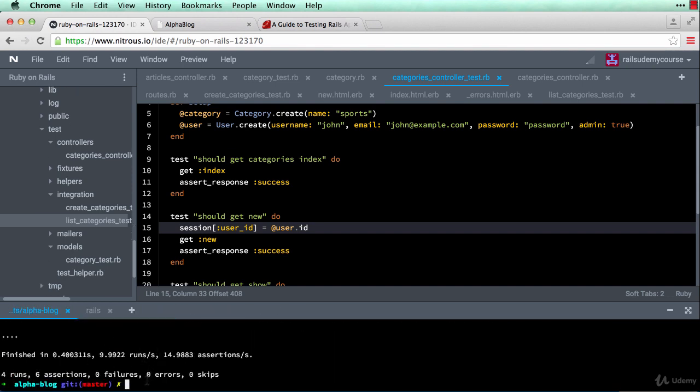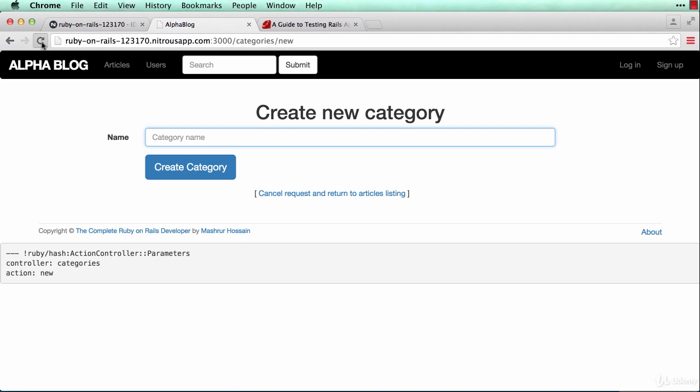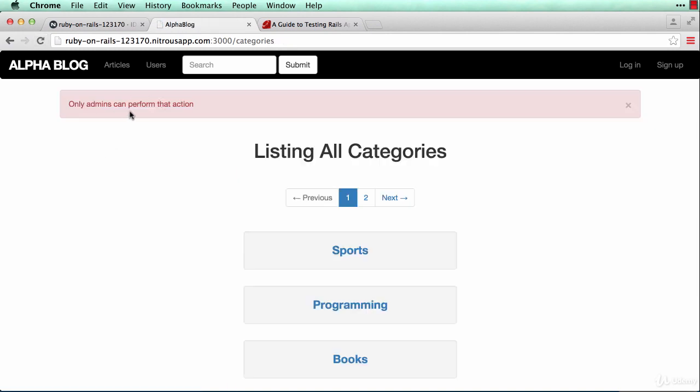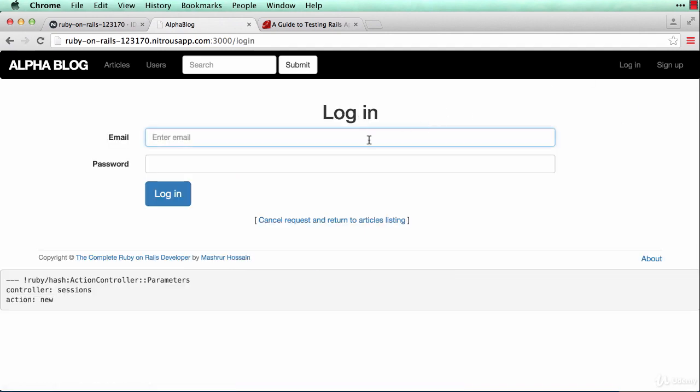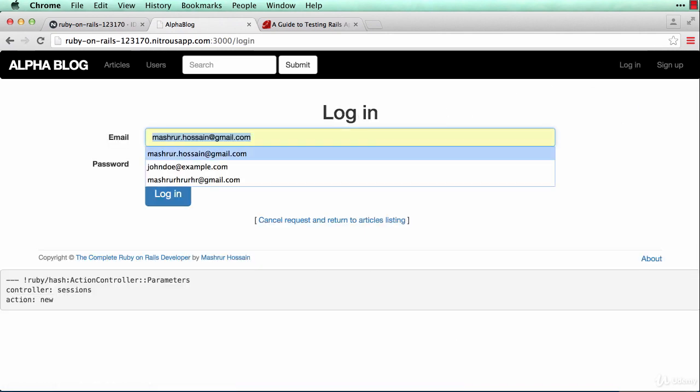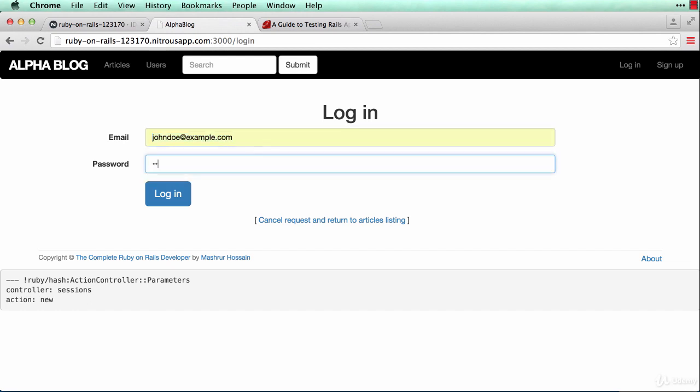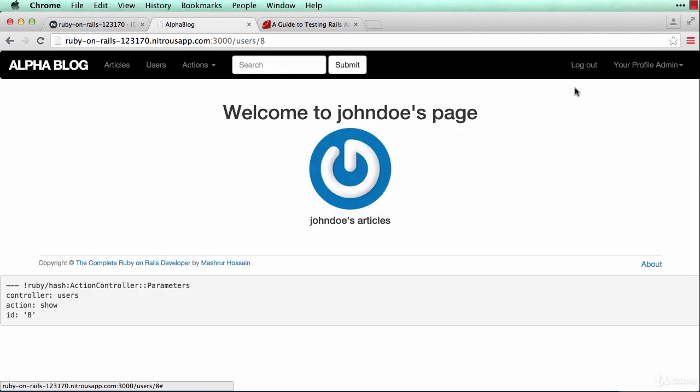Perfect. So our controller test is now passing, which means we have successfully implemented this functionality where non-logged in admins cannot create new categories. If I just reload this page, notice how it says only admins can perform that action. So if I log in as any other user, let's say John Doe at example.com, password of password,